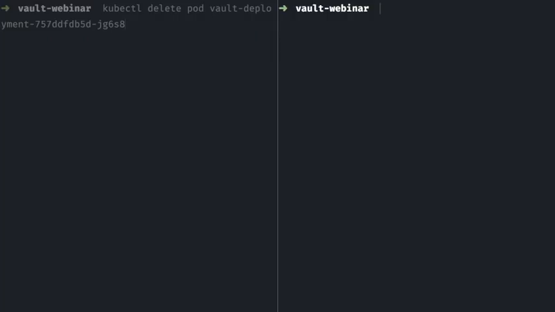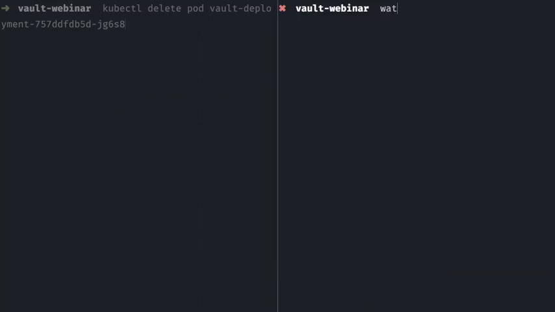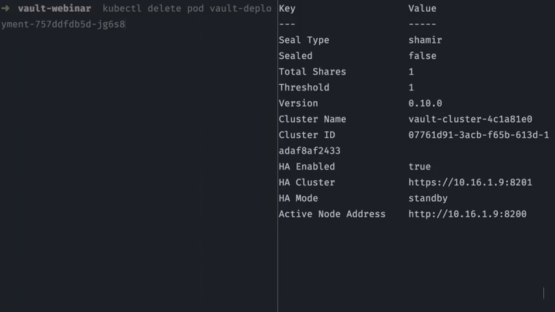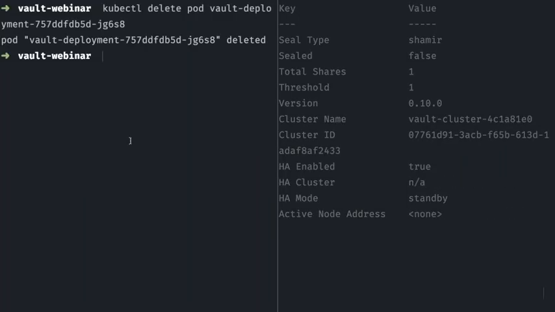Let me get the watch command, kubectl exec vault-0 vault status. So what we should see is this will update every second. When we hit the leader, we'll see a slightly different output, but what you'll notice is that right now the active node address is 1.9. So if I come over here and I delete this pod and we pray to the demo gods,